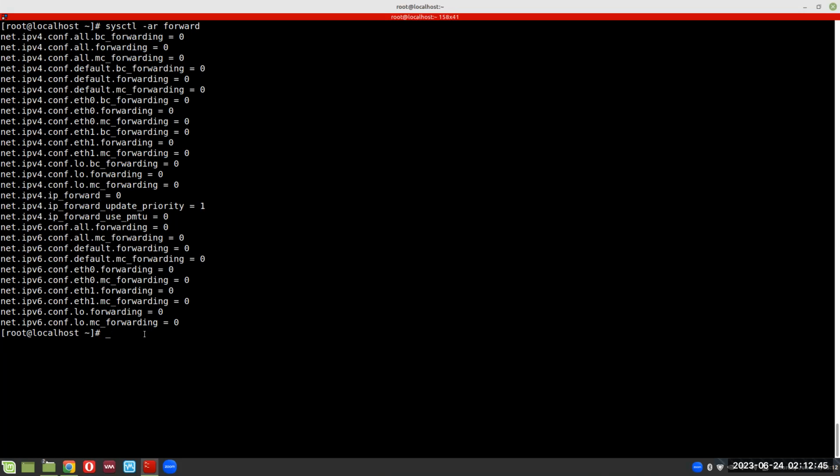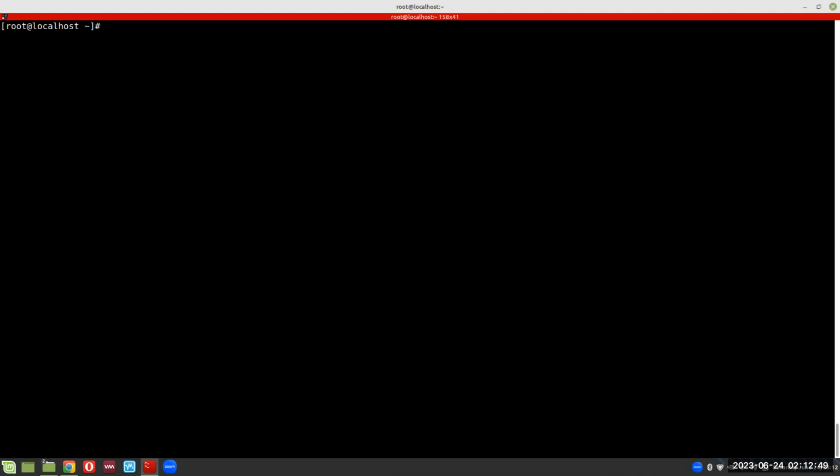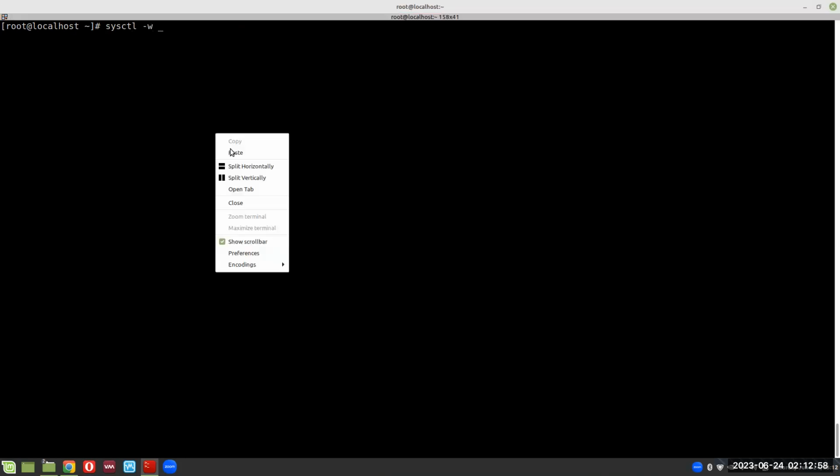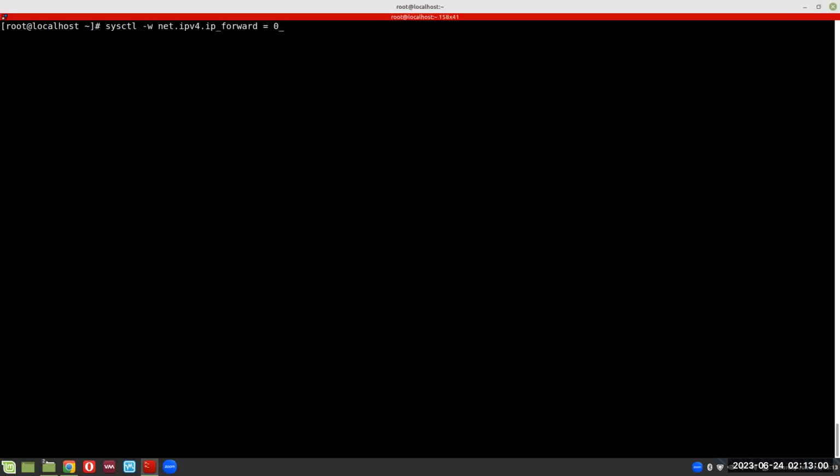So this value is set to 0, meaning our system is not behaving as a router at the moment. If you'd like to change that to make it behave as a router, we can do it temporarily in the first place by doing a sysctl -w, and we enter that value here, and we need to switch that to equal 1. Now it says that our forward is set to 1 here, but this is